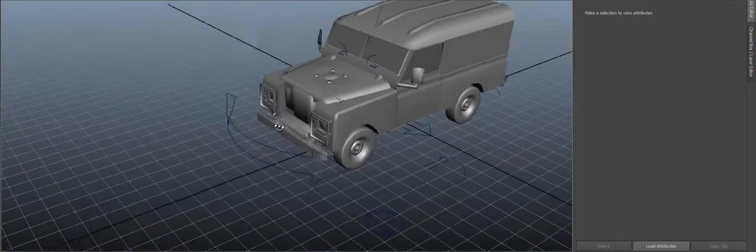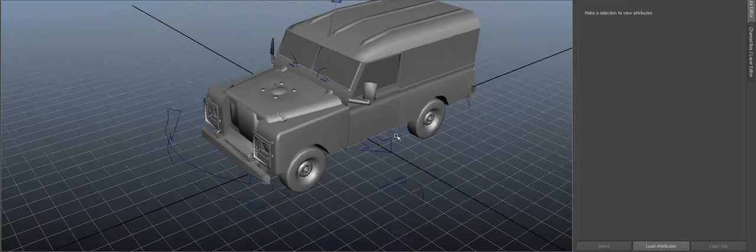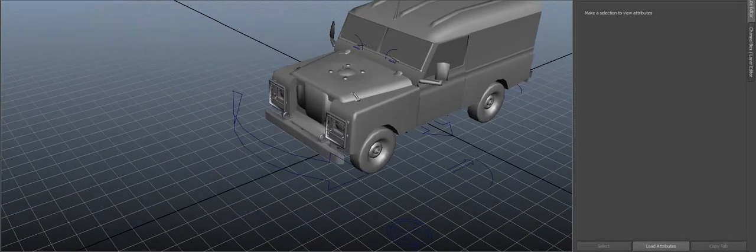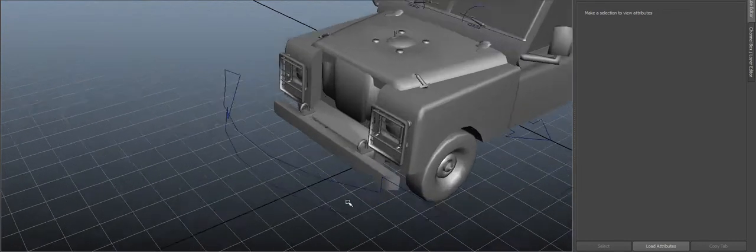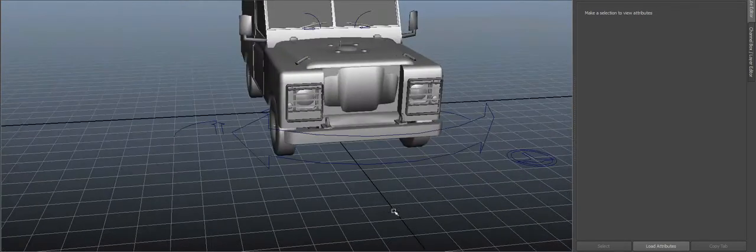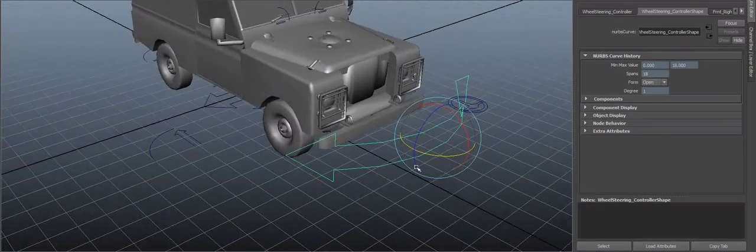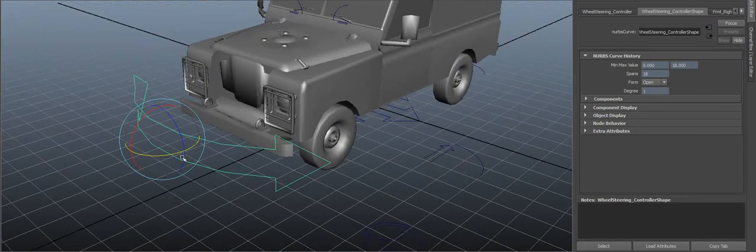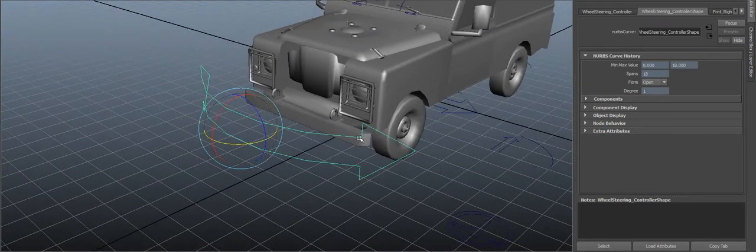The other thing is we've created these controllers. These arrows here are just EP curves, which you can find on the curve shelf, and they've been drawn out just to allow you to control different parts of the vehicle without directly interacting with the vehicle. So this EP curve here is